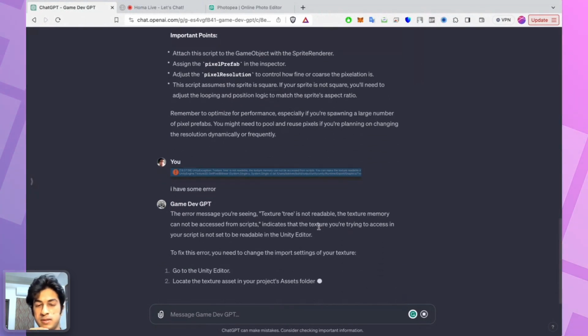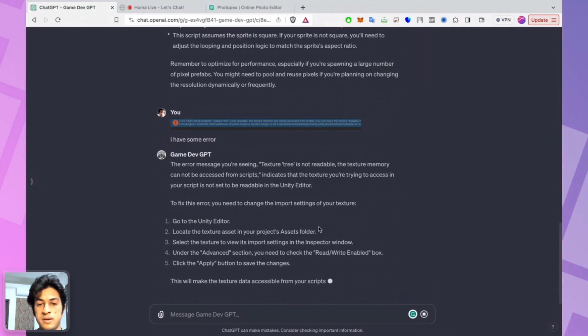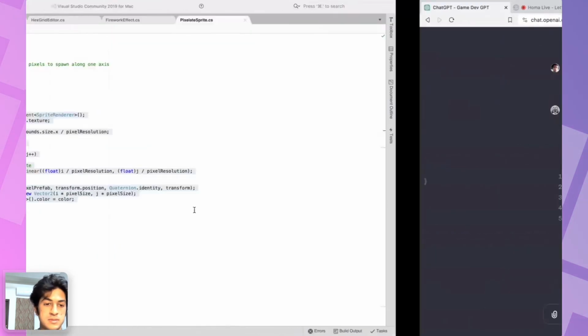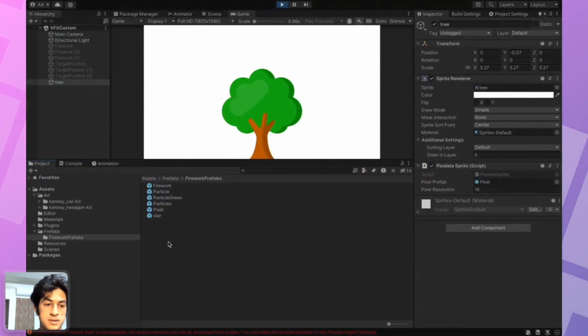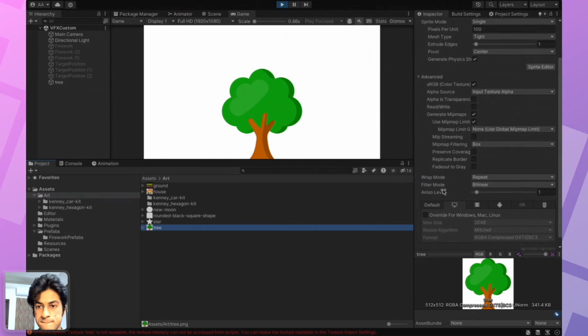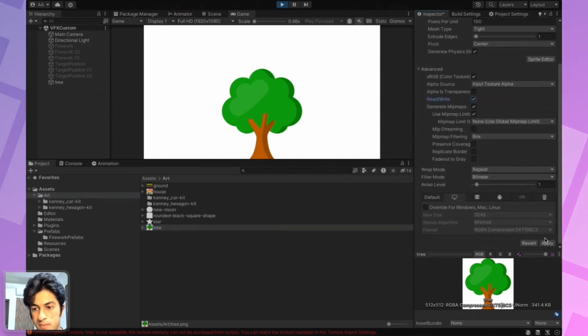You can take screenshots, send them to ChatGPT, and it will help you debug everything very efficiently. I think it knows how to debug this error, so let's just do that instead. Yeah, and apply.